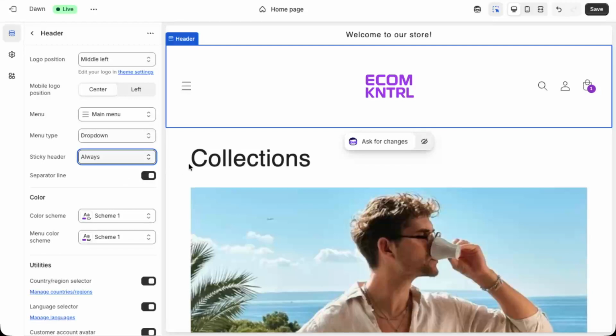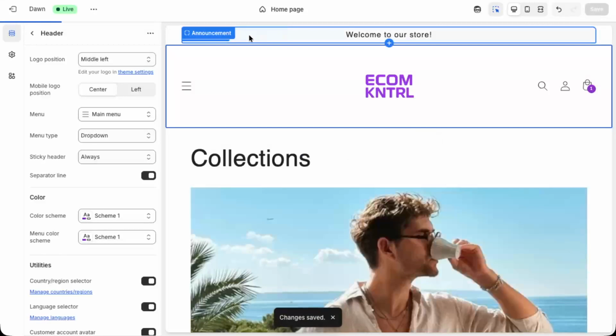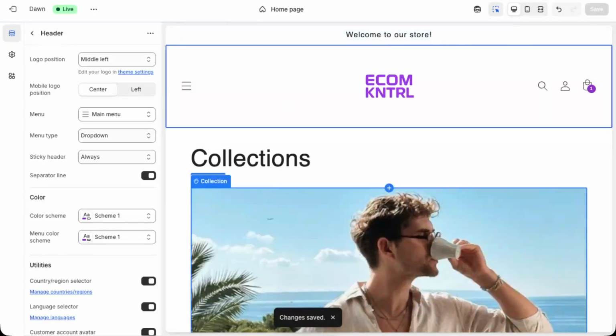After selecting your preferred sticky header option, look towards the top right corner of the theme editor and click Save. This step is crucial. If you don't save, your changes will not be applied to the live store. Once it's saved, you can preview your storefront, scroll down the page, and you should see your header staying fixed